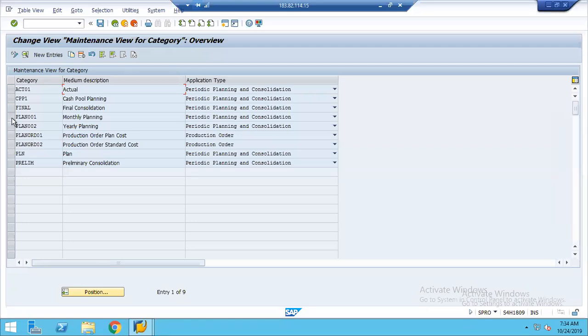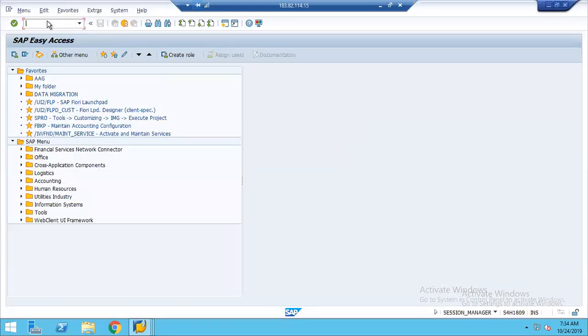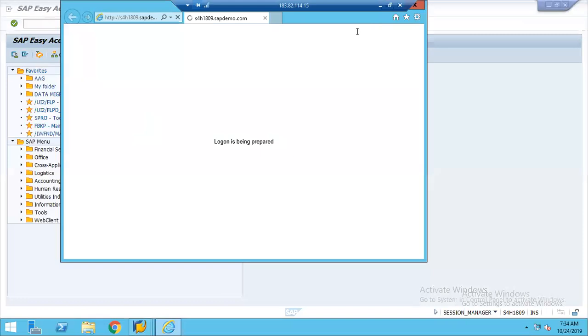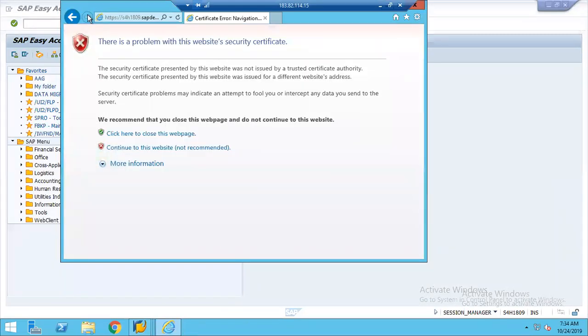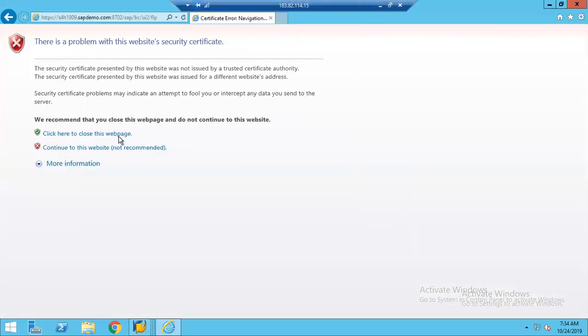This is basically a category related configuration. This category has to be considered in the Fiori app. We also saw the Fiori app yesterday. So in the Fiori app, normally what happens is,